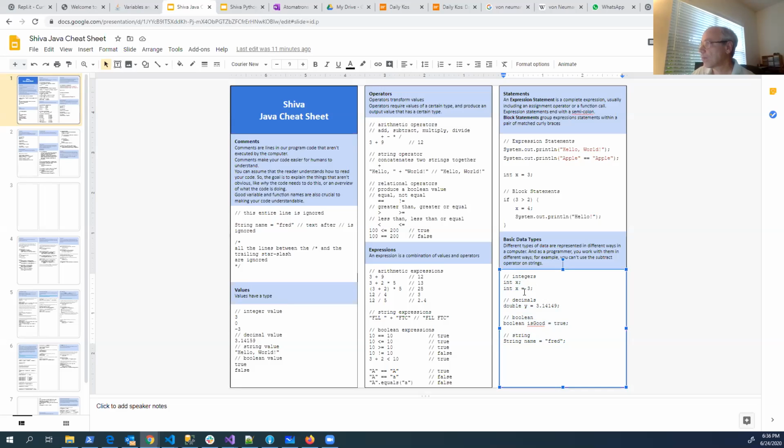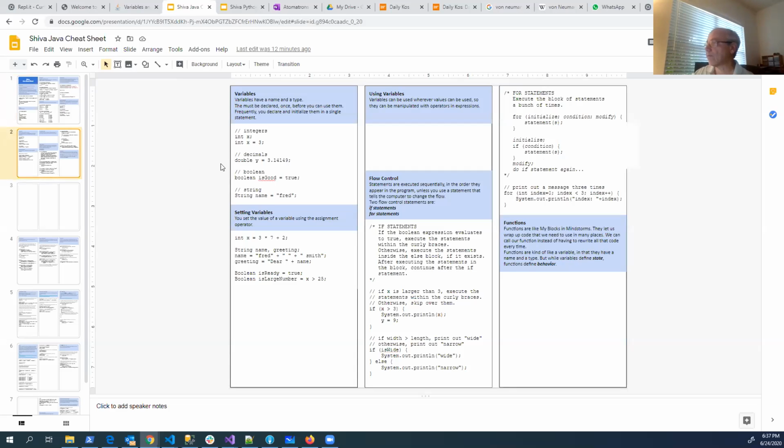And so Python just figures out what type something is by looking at the value. When you put a 3 in Python, it just knows that that's an integer. When you put something like this in, it knows that it's a decimal, and so on. But with Java, you have to tell it. You have to be more explicit about telling Java what type things are. All right. So finally, we come to variables.